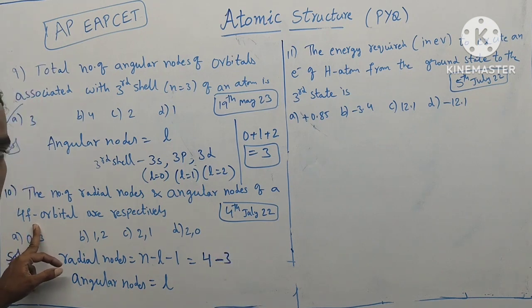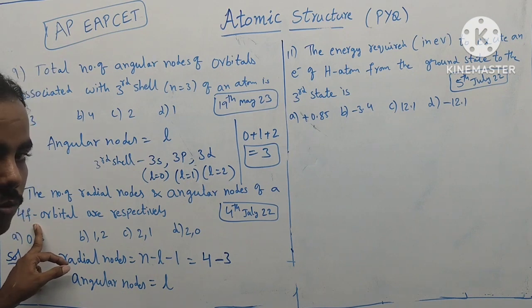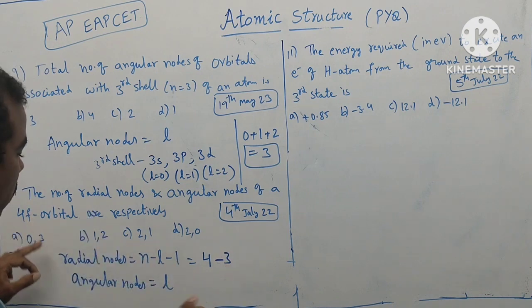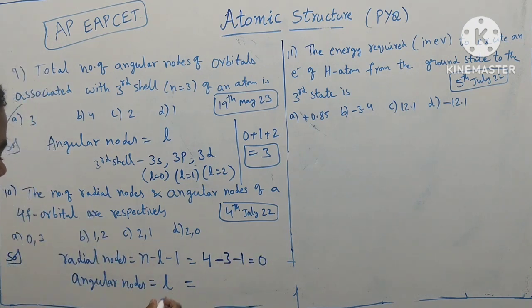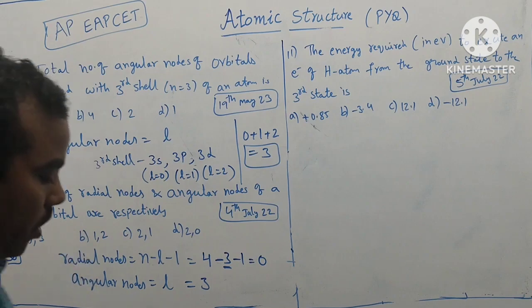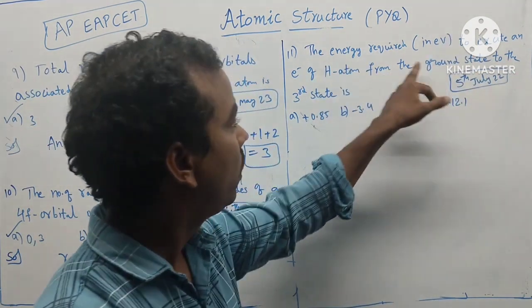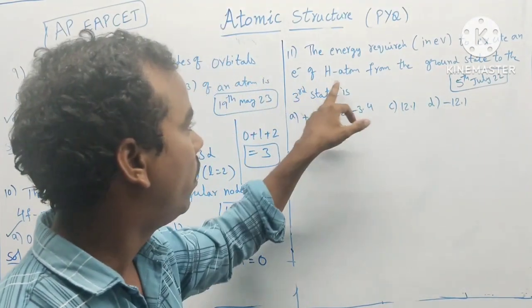For s, L value is 0. For p, L value is 1. For d, L value 2. For f, L value is 3. So 4 minus 3 minus 1, 4 minus 4, 0. So L value for f orbital 3. So 0 comma 3. So next, the energy required in electron volts to excite an electron of hydrogen atom from